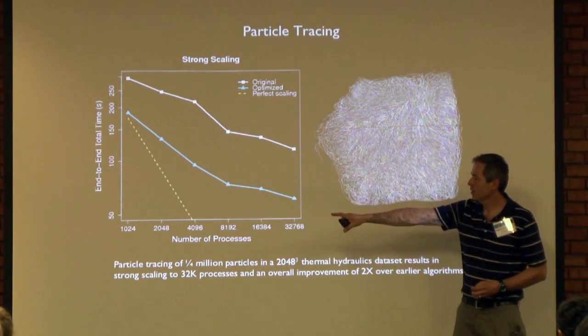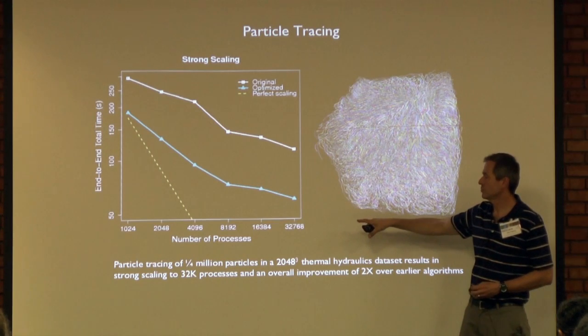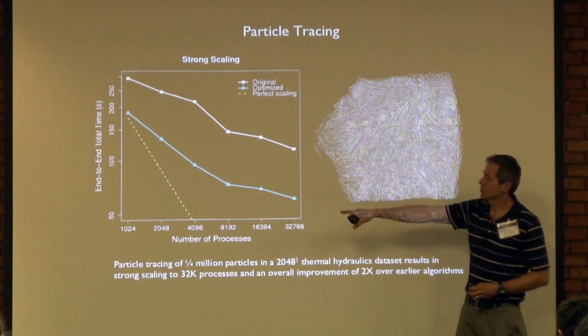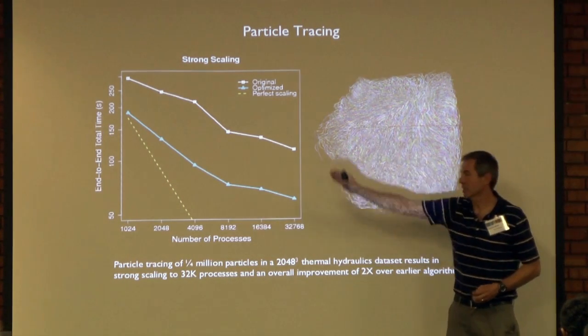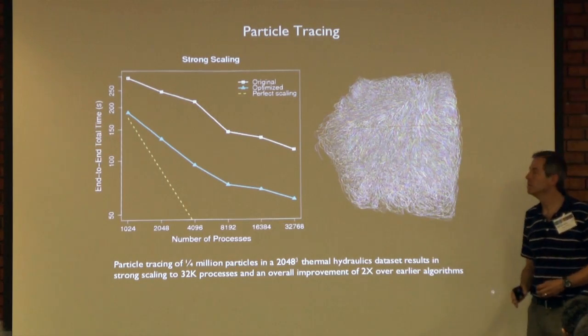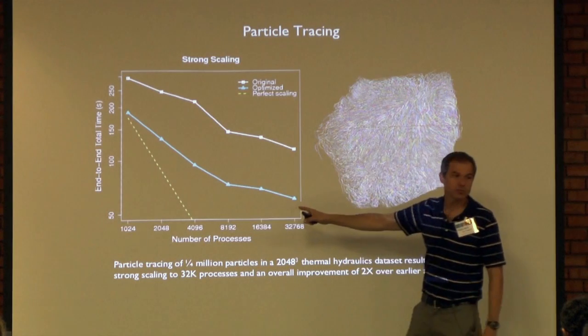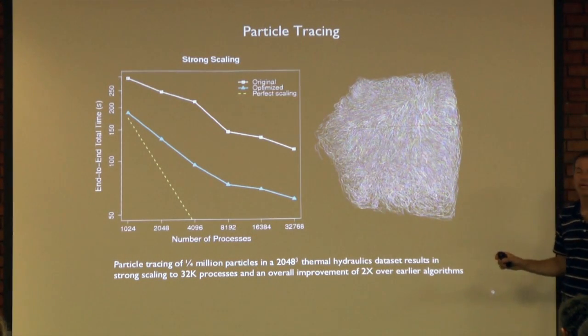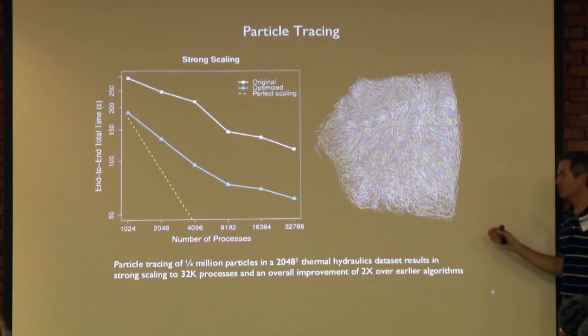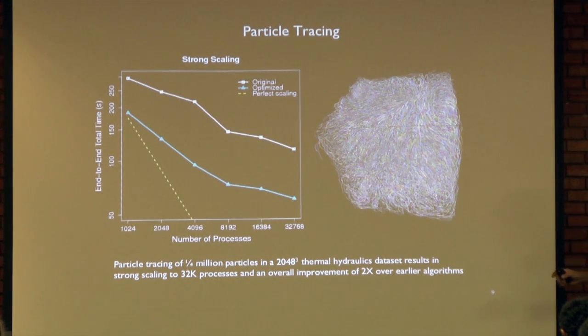On all these graphs, the horizontal will be the number of processes. The vertical will be time, so lower is better. We expect these to always go down and to the right, right? And you'll always see an ideal scaling curve. So these will always be strong scaling curves, right? Problem size will be the same. We'll add more and more processes, and we'll compare